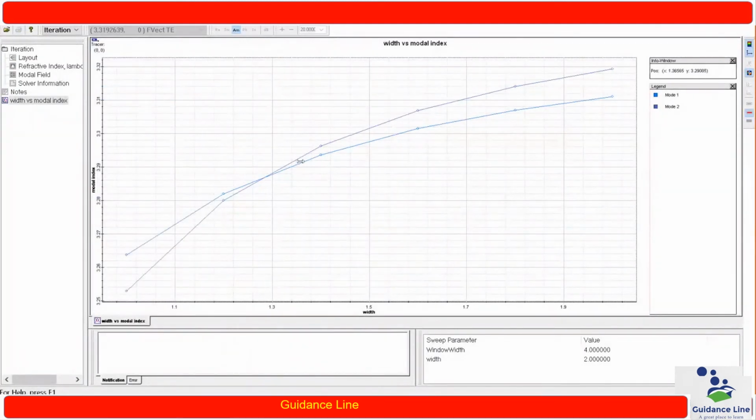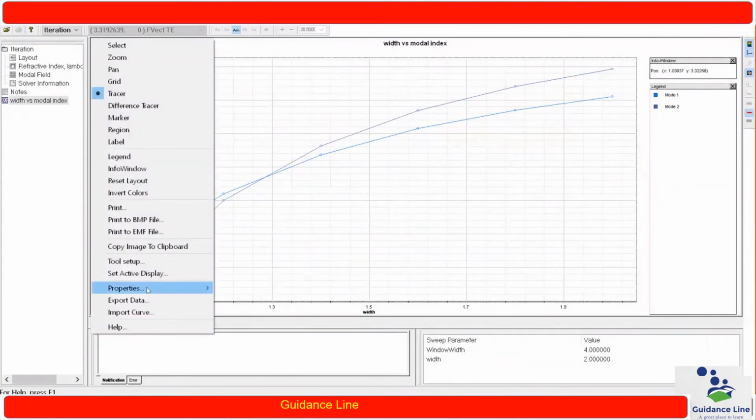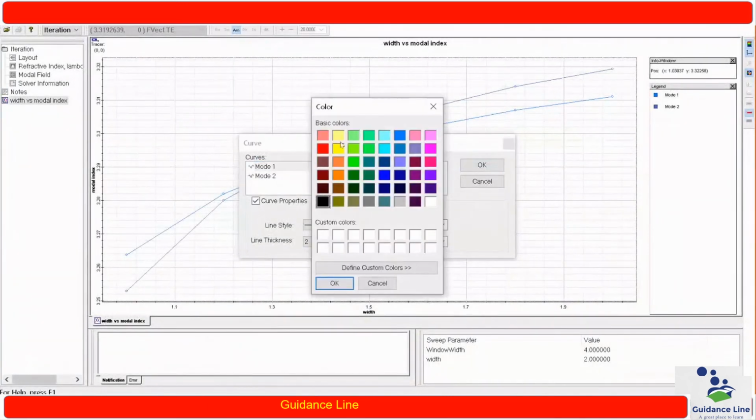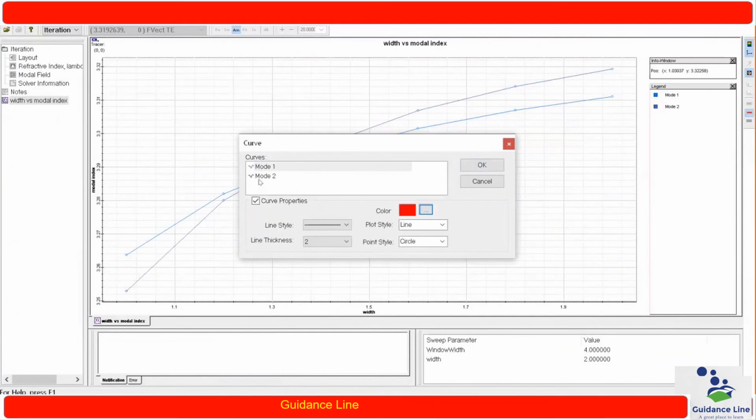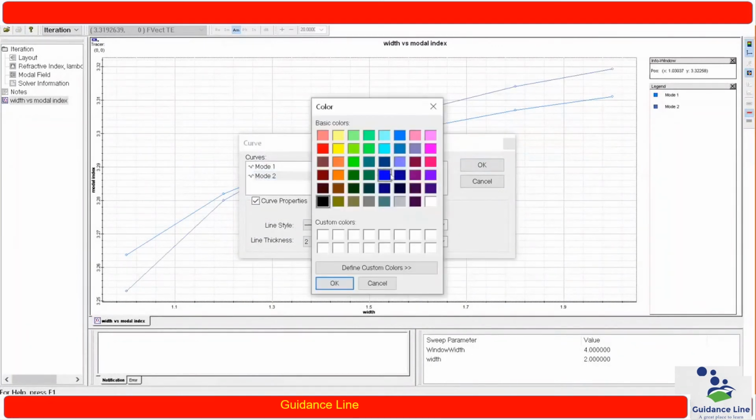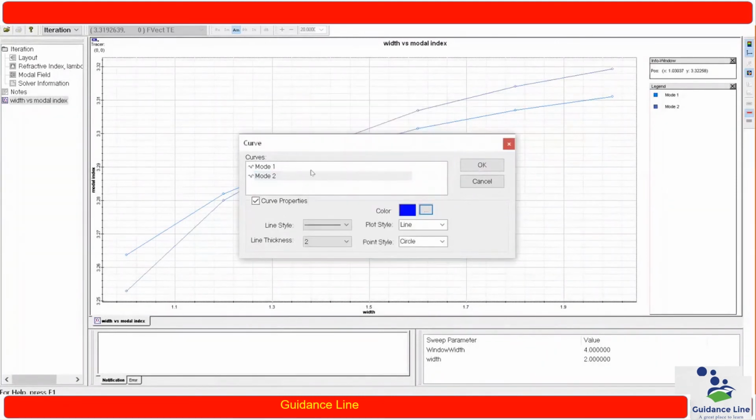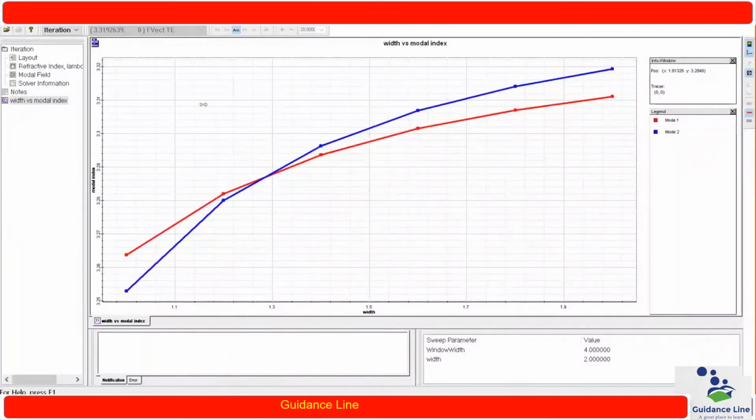Okay, apart from that, this is a curve property, so I'm making it different colors so it gets easily visualized. So now you can see we have curves over here. So this represents mode 1 and this represents mode 2.